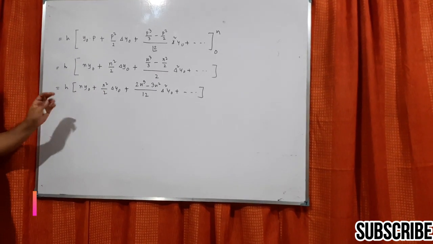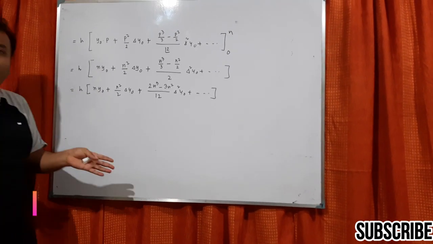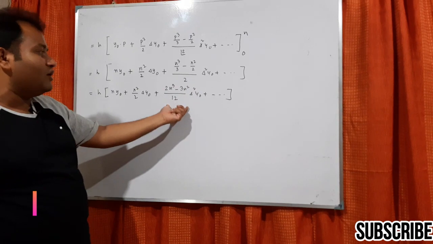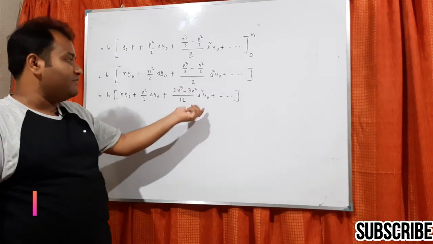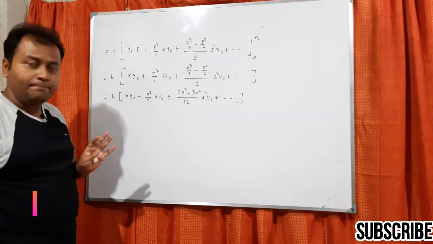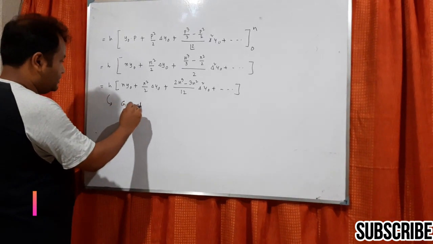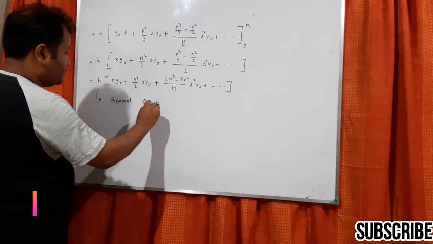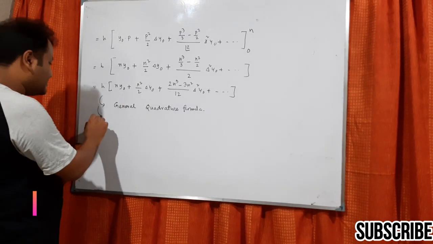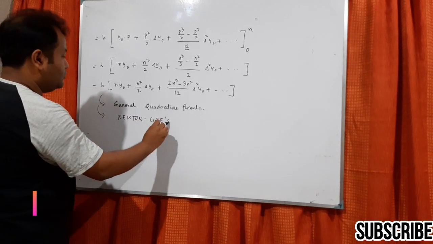I know this does not look good, this is very complicated, you can see, and that is one of the major problems in numerical integration. When we try to do the integration, if it goes up to order 2, it is more or less good, but if you go for higher order, it gets complicated, so the calculation is not very feasible. But this formula is the general formula, so this is called the general quadrature formula, okay, and it has another name, the Newton-Cotes formula.